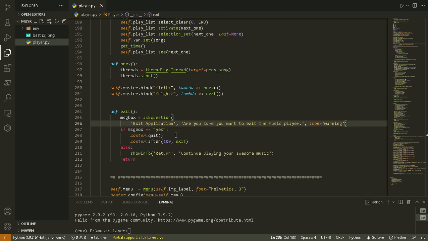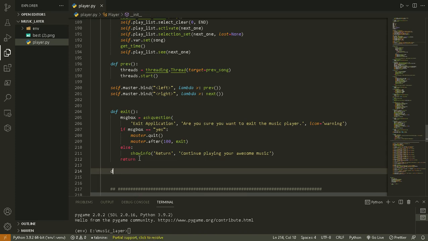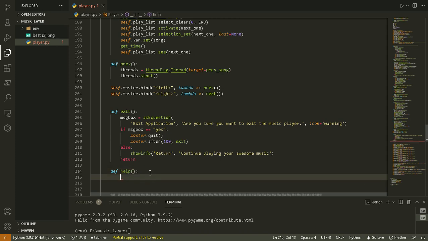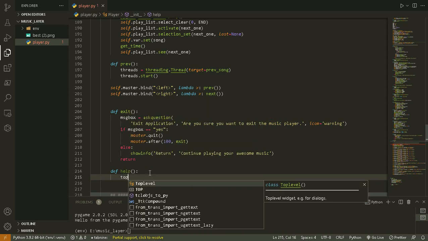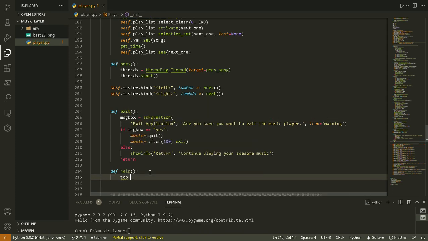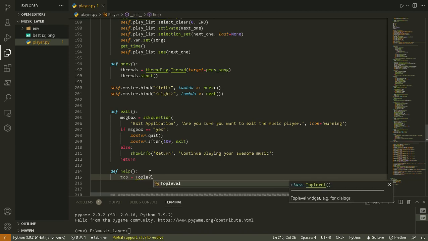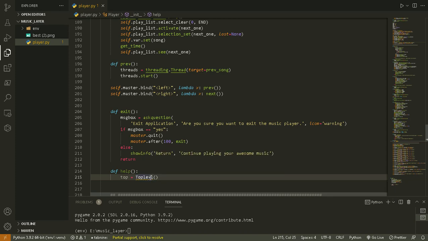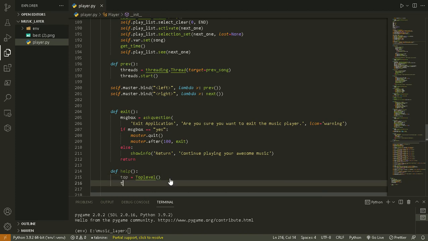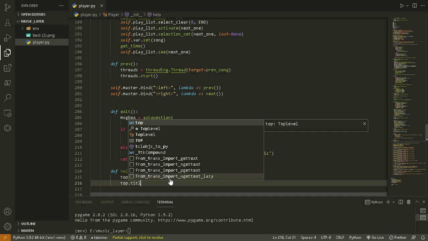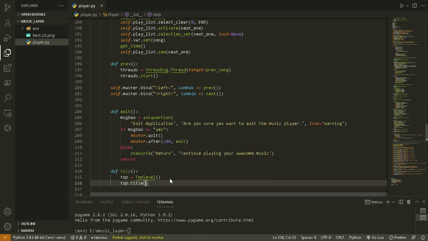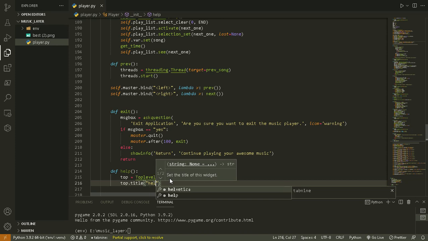So now we can create our help menu right here. Our help menu function, define help. Then what we'll do, we'll use Toplevel. So Toplevel is a widget for creating new windows. So if you're creating an application that has multiple windows, you might want to be using Toplevel. So Toplevel, and then top.title, but this will be help,